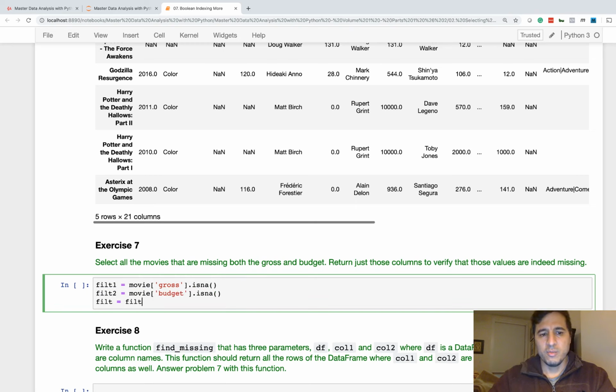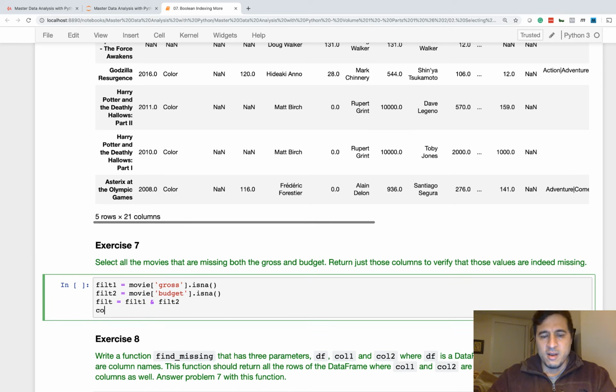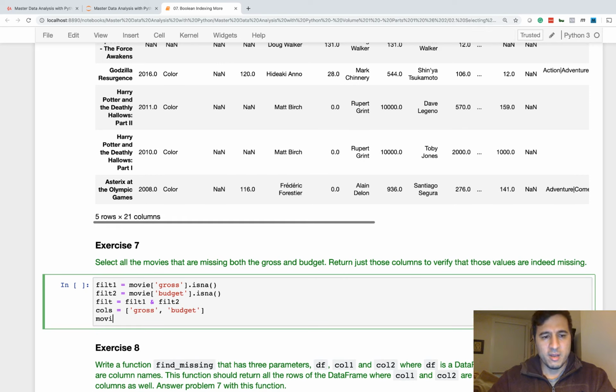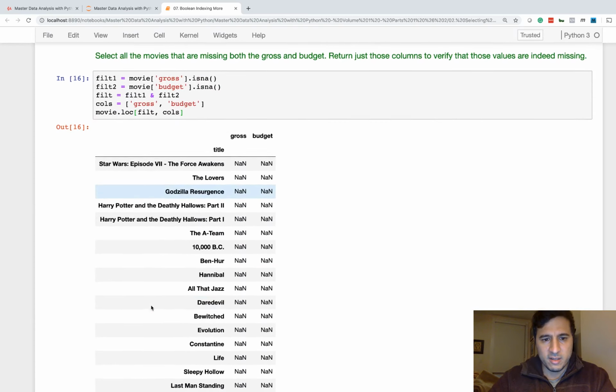And then we will put them together. So we want both of them to be null. So this is going to be another AND operation. So we're going to use the ampersand here. And then it says just to return those columns, so let's go ahead and make a list of just those columns, and then we can put everything together. So this checks that both of them are null, and then we're going to use that filter and only return, and I forgot my precious loc indexer,